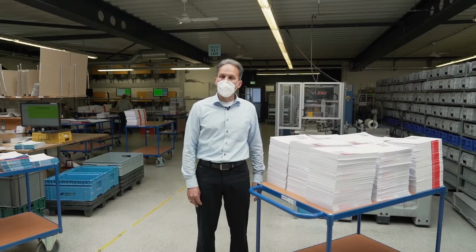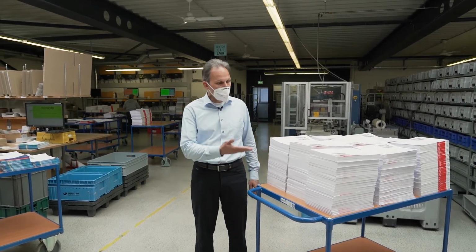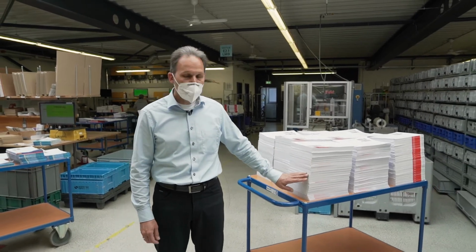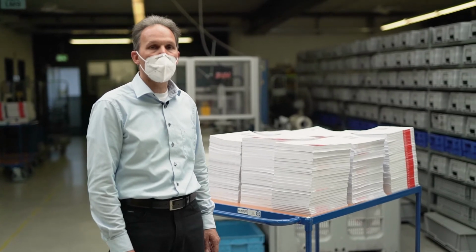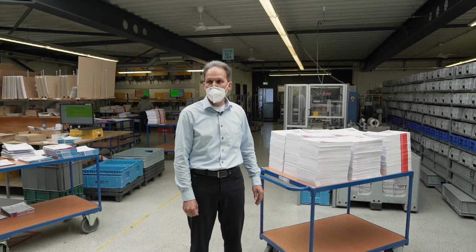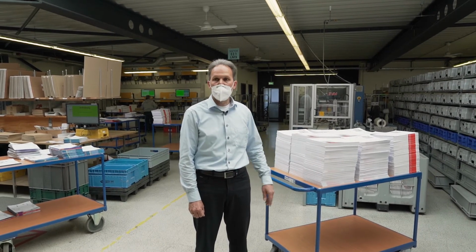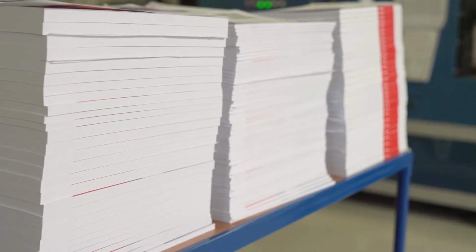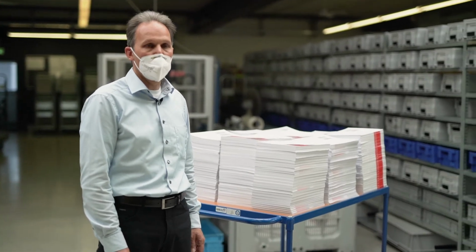As I told you before, we do produce a lot of product catalogs in short run lengths. Here we have another very interesting example, because here the customer wants to have end customer specific product catalogs with individualized prices. So this is a run length of roughly 5,000 different catalogs, variable in number of pages, and also the content is fully variable, and this is only possible with inkjet, because an Indigo print would be too expensive